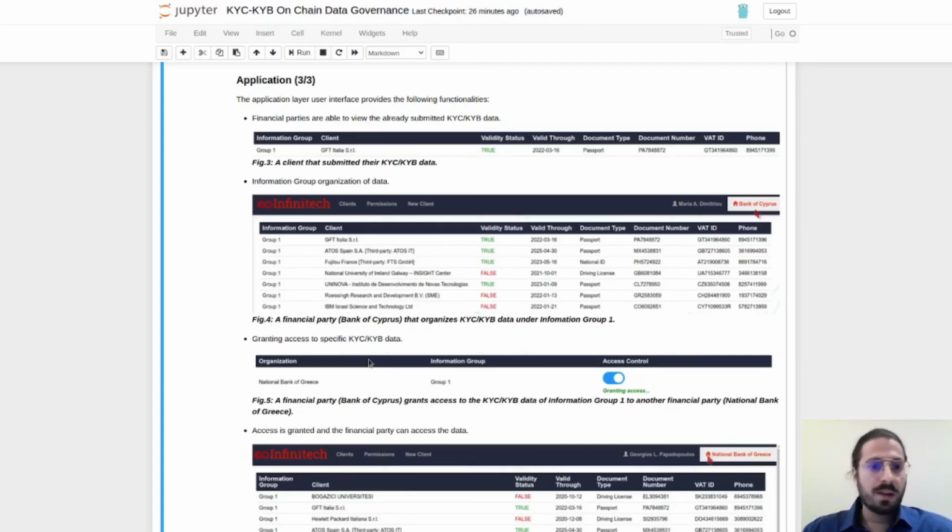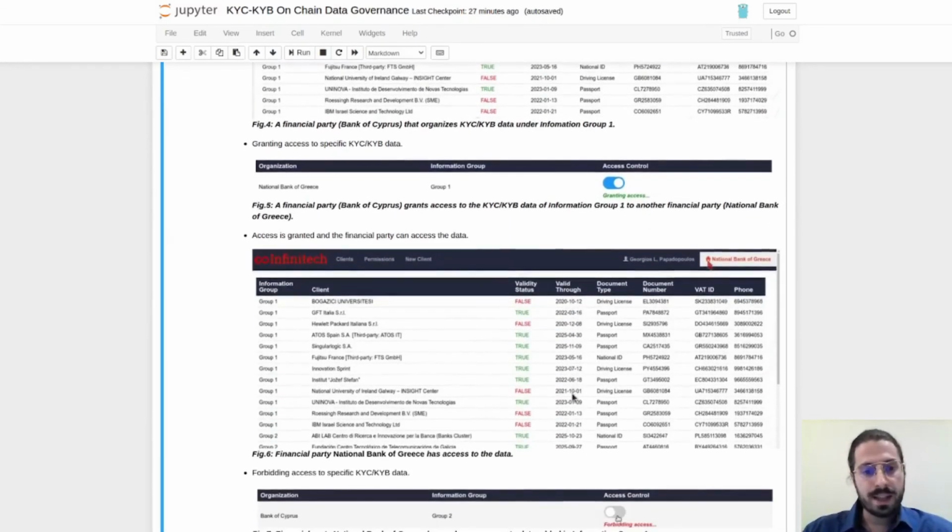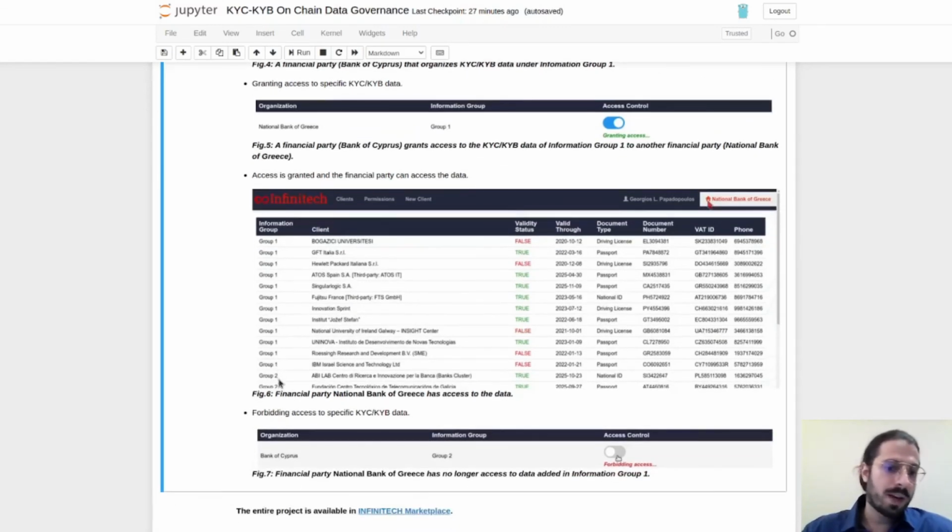In the application screen of the first party, there is this permissions functionality, and the financial party can grant access to the requester. As soon as this is completed, the financial party can now access the data, and as we see, for example, this financial party now has access to the group 1 data, and of course they have group 2 as it is their own managing group.